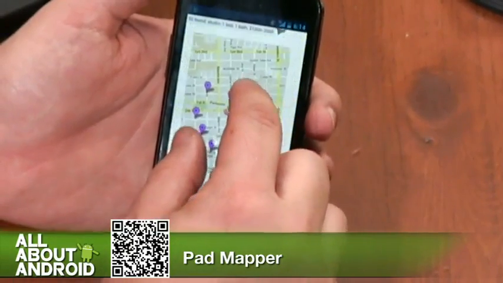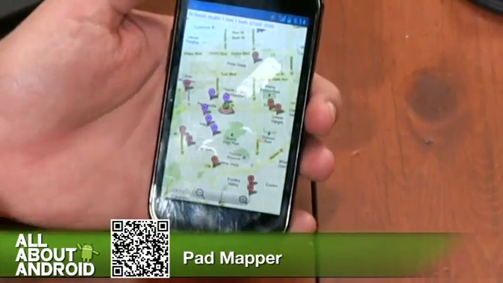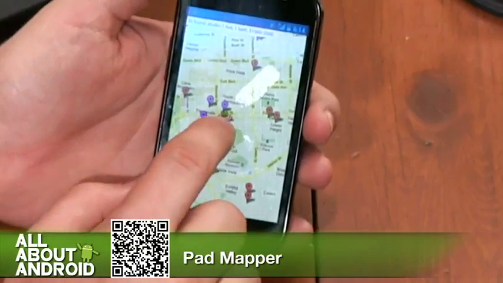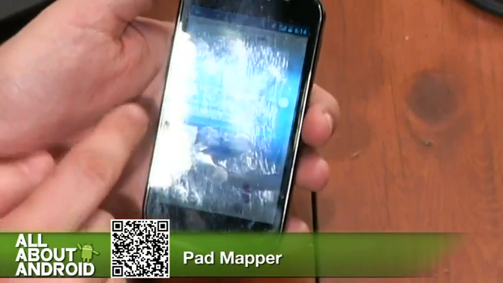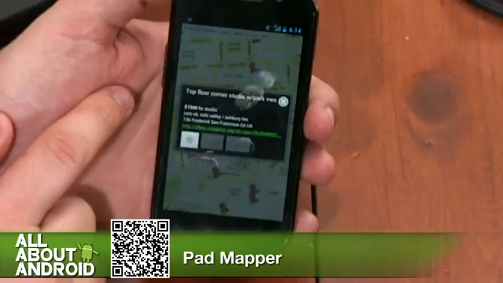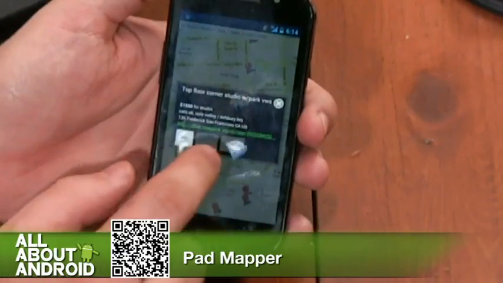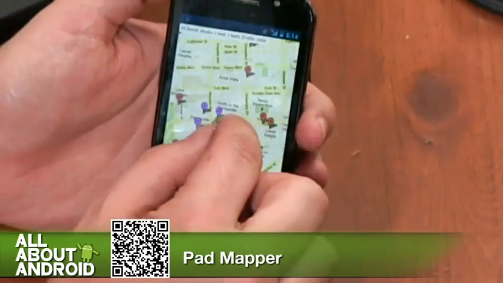Yeah, it's been bad. But you can zoom out. You can see more listings out there. When you tap on a marker, it basically pulls in the Craigslist ad. Oh, cool. And this isn't actually a very good example. Neat. Yeah, but let me zoom into another one.